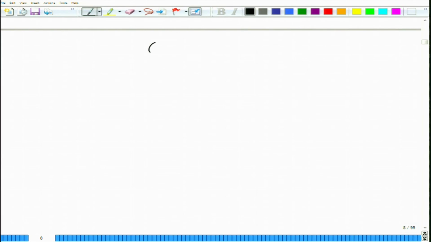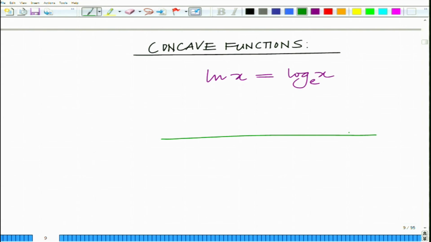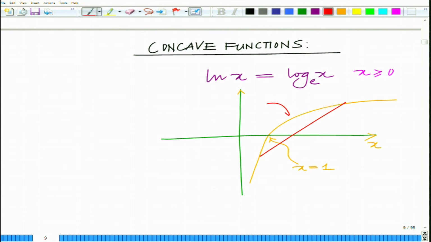Now, the classic example of a concave function is ln x, or basically log of x, the natural logarithm, also known as log x to the base e. And if you draw this, it is only defined for of course x greater than or equal to 0. If you draw this at x equal to 1, it becomes 0. And at x equal to 0 it tends to minus infinity, and as x tends to infinity it tends to infinity. And if you look at any 2 points, join the chord, the function always lies above the chord, this is